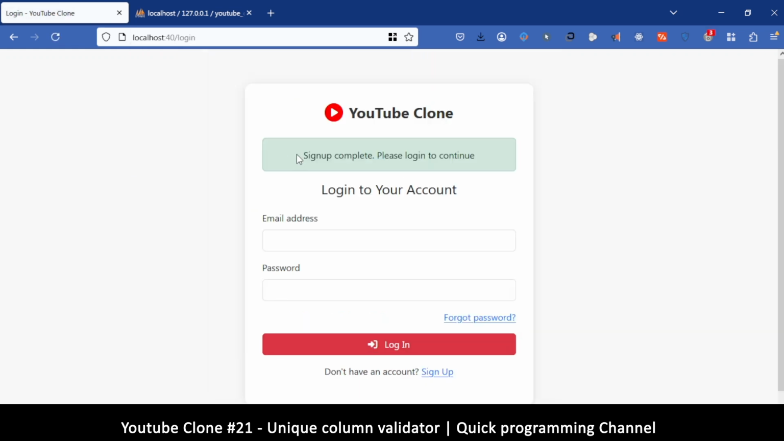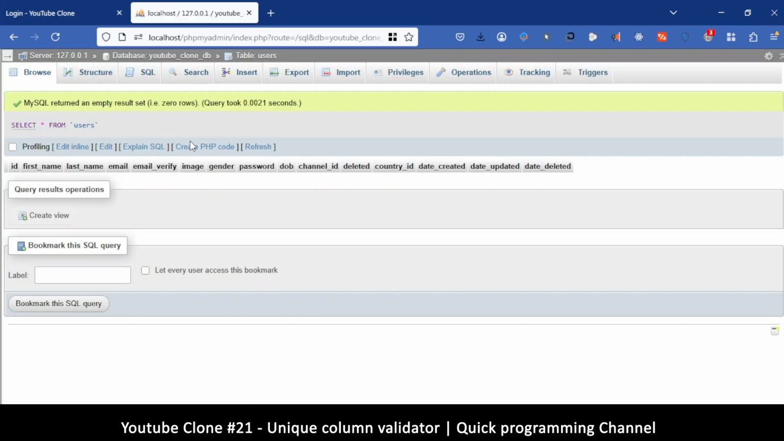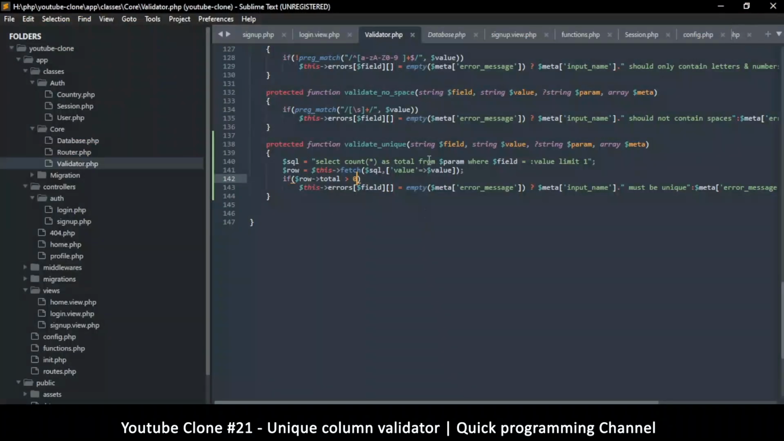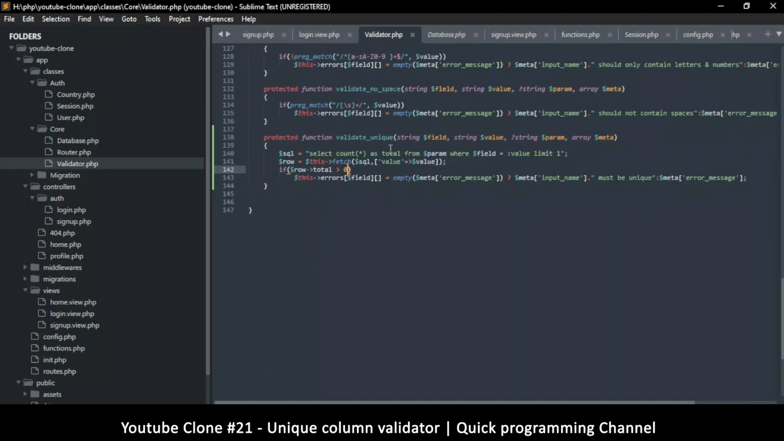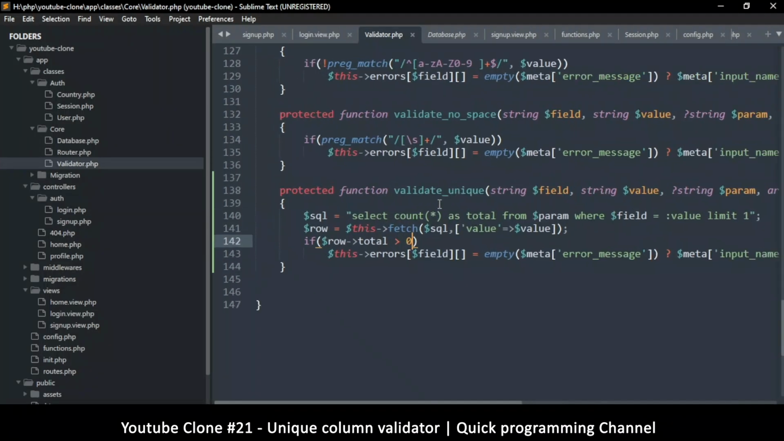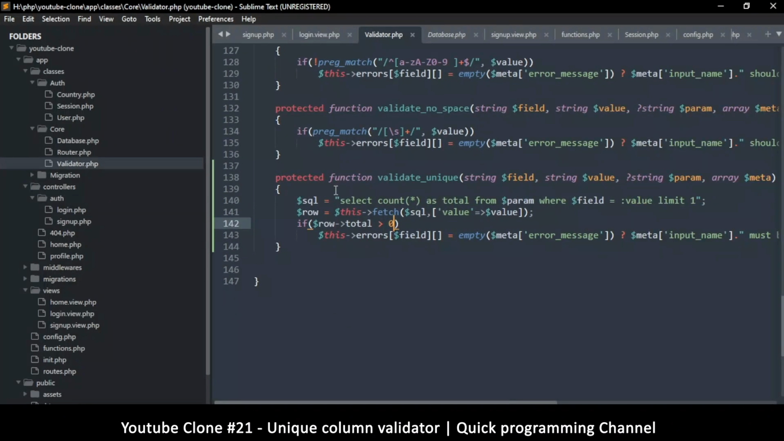Oh yeah, sign up complete. Please log in to continue. Great. Now let's check in here. And there we go. Look at that. Now we're going to have a problem when editing, like I had said earlier. So we need to figure out that uniqueness without dealing with the primary key. So what we need to do is check to see if inside the